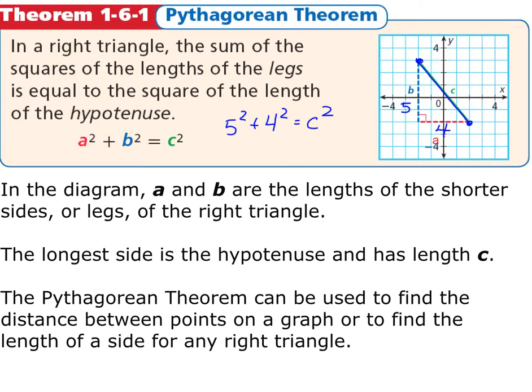Now how do we actually finish the Pythagorean theorem? Well, what's 5 squared? 25. 4 squared? 16. When you add together, 41. And then square rooting. Technically, we can have a positive and a negative when we square root. Which one's our distance going to be? The positive. So on this problem, we would have that c is the square root of 41,